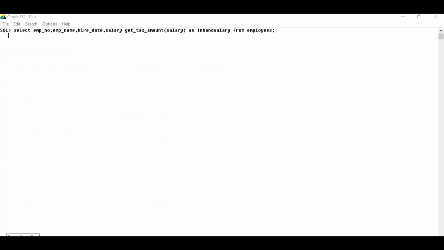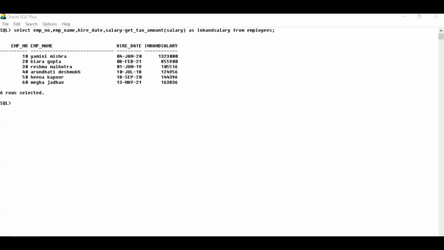You can subtract the tax amount from the salary. Select employee number, employee name, hire date, salary minus get_tax_amount, which is our function name. Here I give the alias in-hand salary from the employees. In-hand salary is what comes to the employees after deducting the tax amount. After execution, we will get the result.